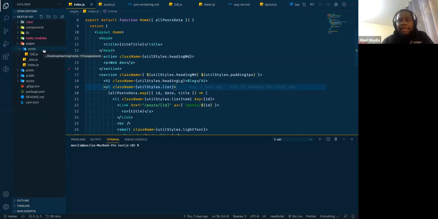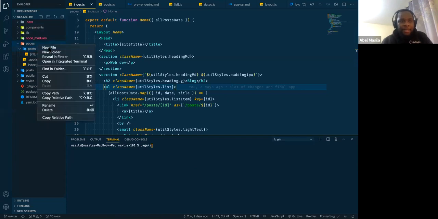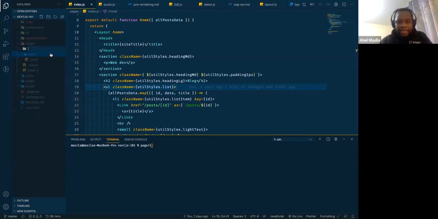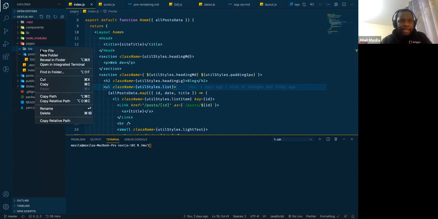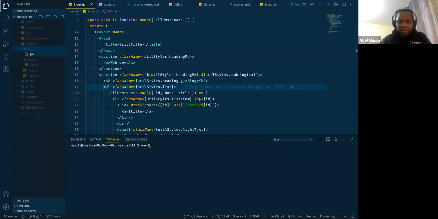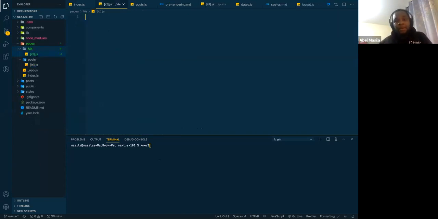For SSR, even in Next.js, if you want to do a dynamic route, for instance, page/id, you prefix the name of the file with an ID. For instance, if I had a new page here, let's say the page is about me, and then I want to have a route which goes to /me/Abel or /1. I just right click, add a new file, but then this will be the name of the file .js. So it will accept params. You'll be able to get the params. I think for Next.js it's all more or less the same thing.